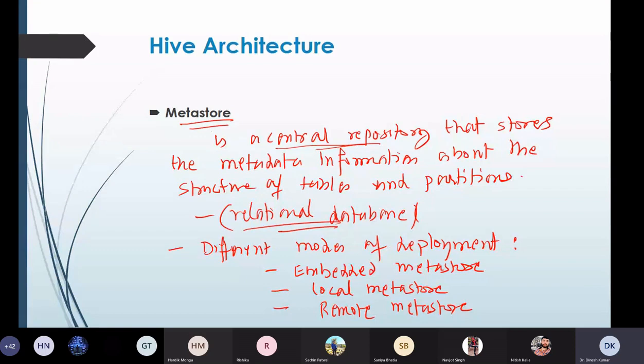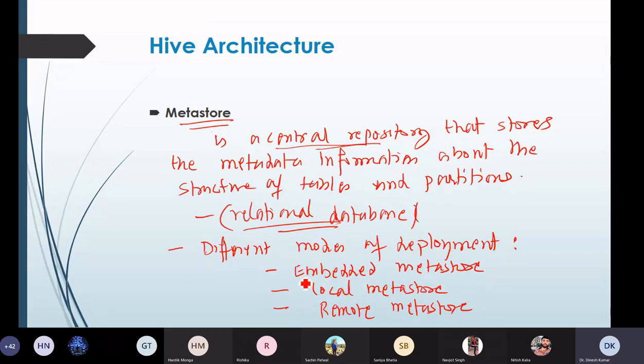So you install Hadoop on your machine, and then on that we install Hive. By default, the metastore that will be implemented on your machine is the embedded one, which is implemented on the Derby database. The default database for the embedded metastore is Derby, and the other types are the local and the remote.